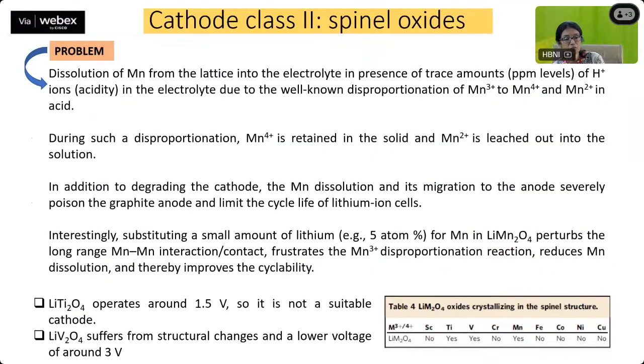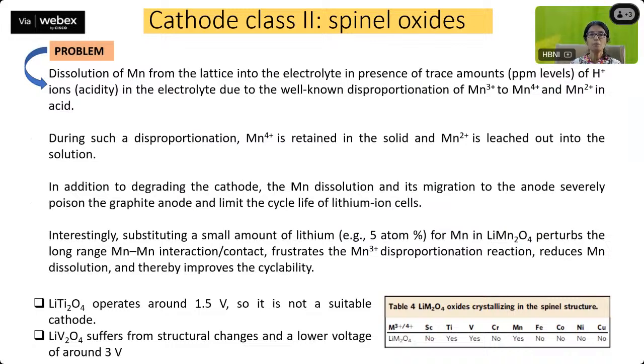But what is the problem in spinel oxides? One is the dissolution of manganese from the lattice into the electrolyte in the presence of a trace amount of hydronium ions. That is, if there is acidity in the electrolyte, if the pH is low, then there is going to be a disproportionation of manganese 3+ to manganese 4+ and manganese 2+ in acidic medium. During such a disproportionation, Mn4+ gets retained in the solid, but Mn2+ is leached out into the solution. So in addition to degrading the cathode, because Mn2+ is leaching out from your LiMn2O4 cathode, the Mn dissolution